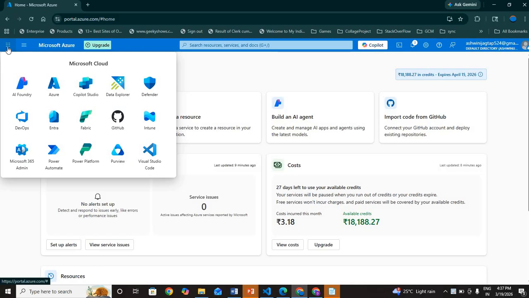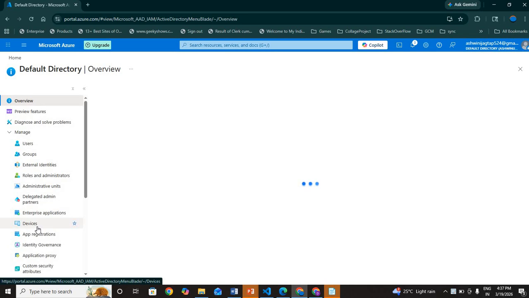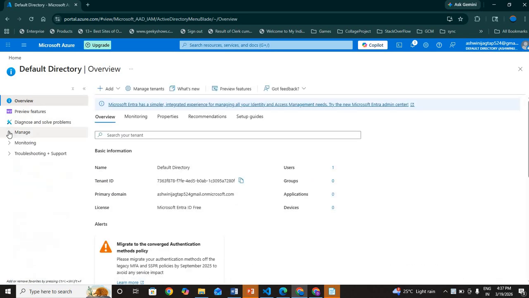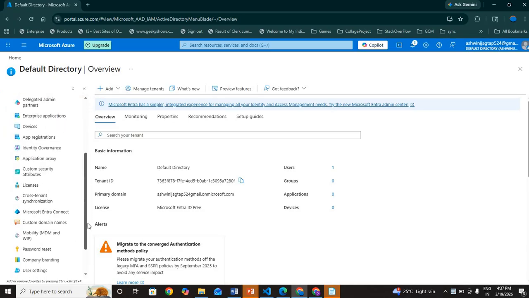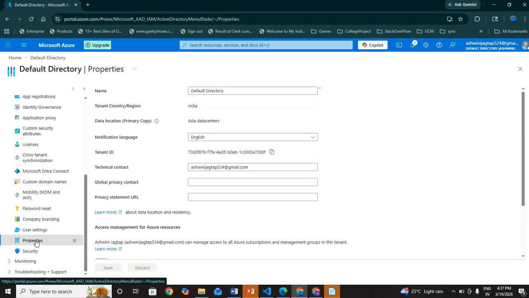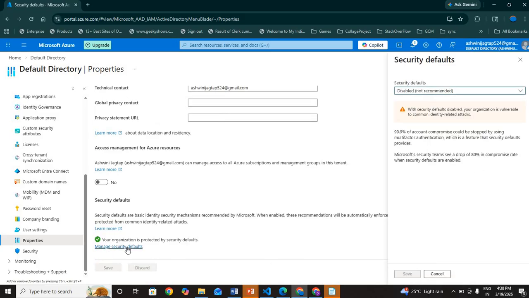So here you need to click on this, and here you need to click on this option, and here you need to click on this Entra, and in Entra we have a Manage option. Under the Manage option you need to click on Properties, and under Properties you are able to see this option. Okay,